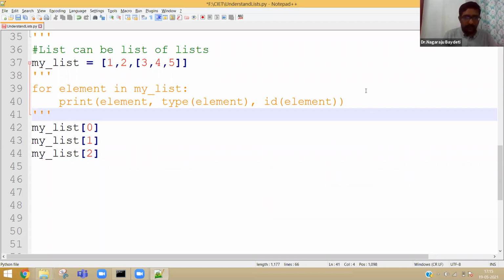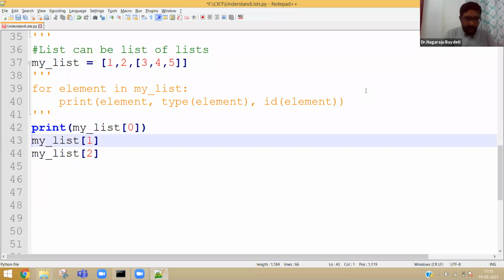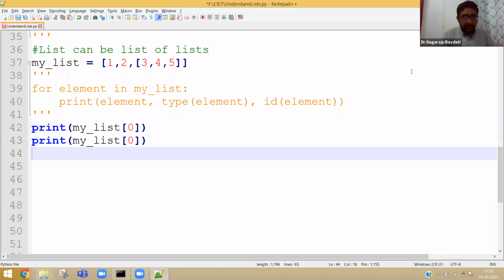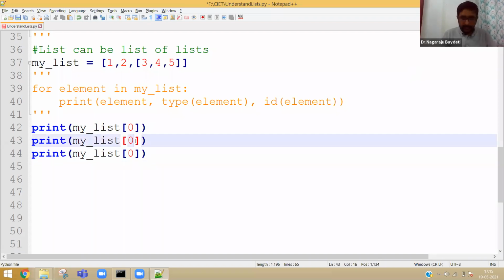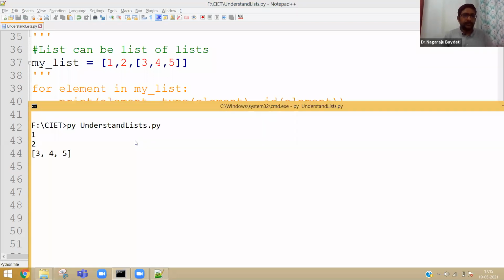So print my list of 1, my list of 2, and try to print. Clearly you can see in my list of 2, 3, 4, 5 are coming.